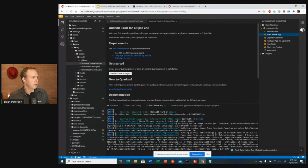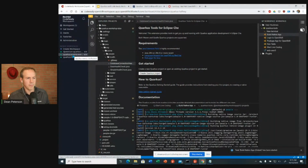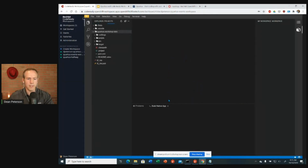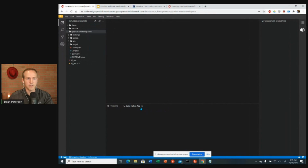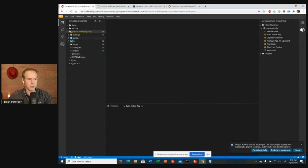So let's actually go to the other workspace now, and we're going to do some things with event-driven development. And we're still going to be working within the IDE and the local container. So eventually what I'm going to be showing you at the end is we're going to take this and move it into OpenShift. And there are commands and tools on the right-hand side to make that easy. All right, so let's do a couple of things right now. Let's start with